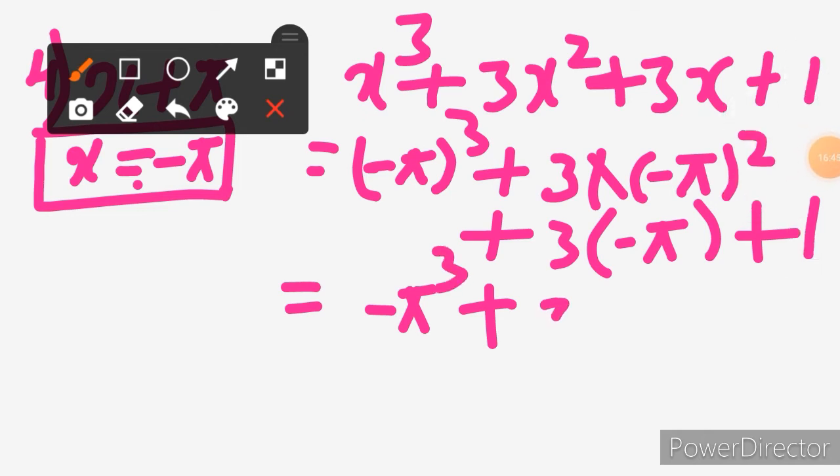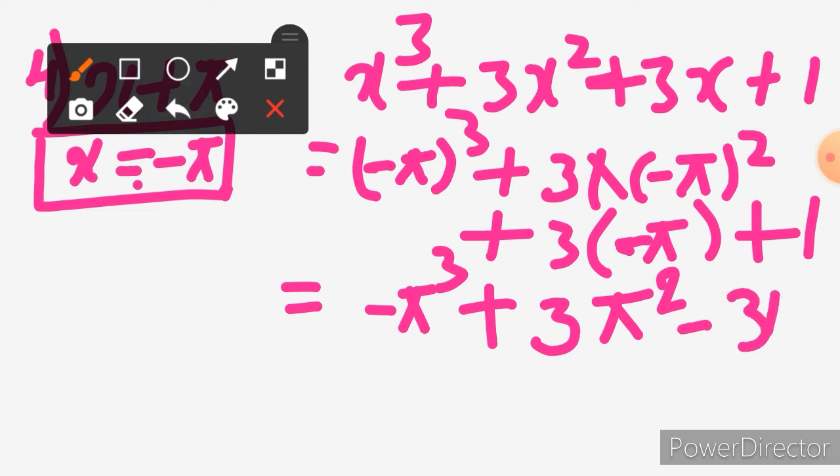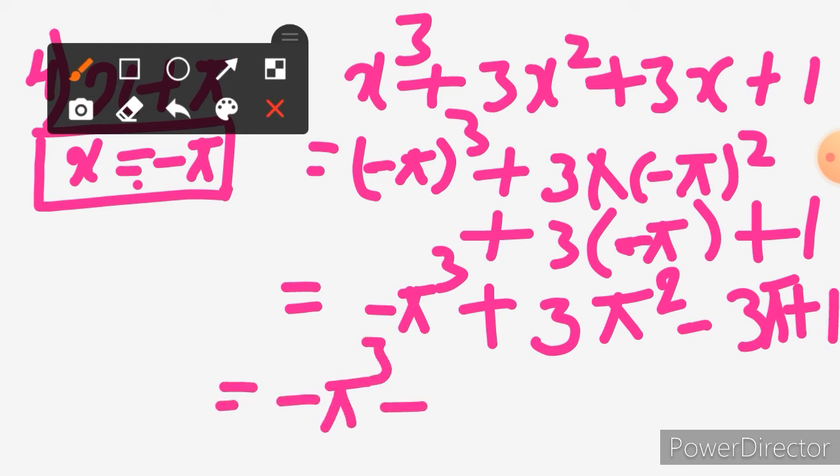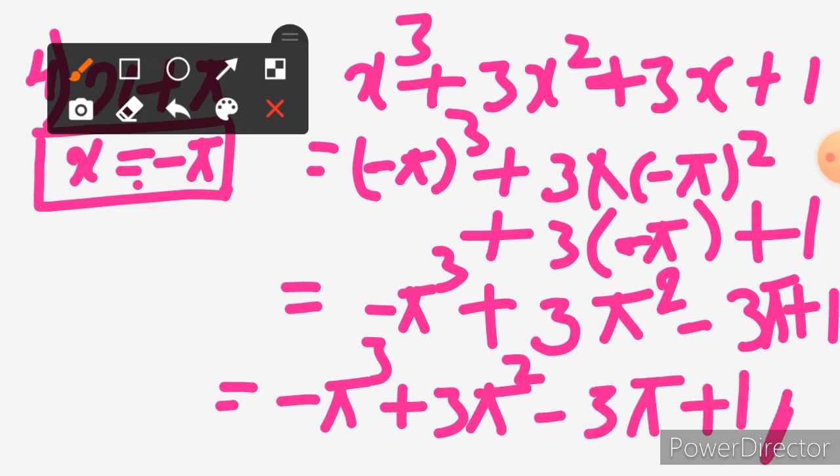Then 3 into minus pi whole square is there. When you multiply minus pi twice, you will get plus pi square. Then you have minus pi there, so plus into minus here will become minus 3 pi plus 1. So the answer is minus pi cube plus 3 pi square minus 3 pi plus 1, which is the remainder. Is it clear? Since pi is a constant value, we can't simplify further. So that is why I'm stopping the answer here itself. Okay. Then the last one we have is the fifth sub question.